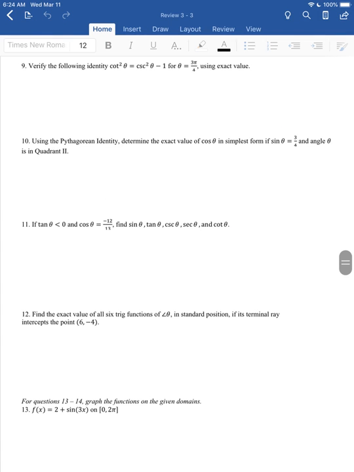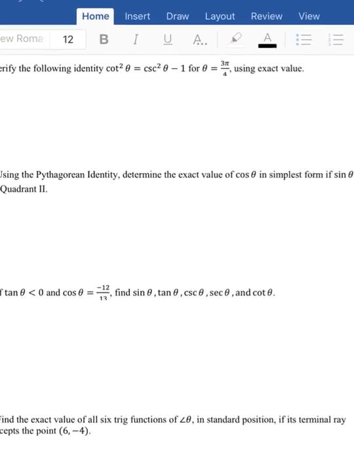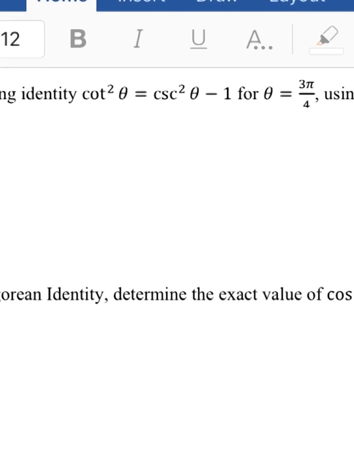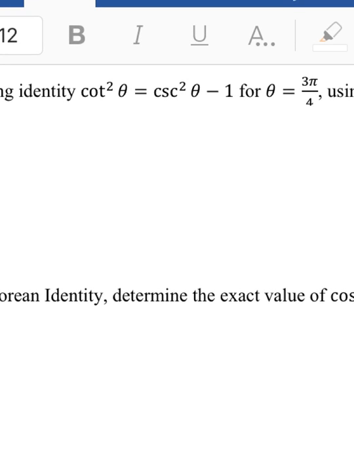Number 9, verify the following identity for when theta is equal to 3 pi over 4. Whenever you're verifying an identity, for a specific theta value, you're going to plug in that theta value and just show that everything is true without a doubt. And you pretty much want to do this by hand. So for the cotangent, you're going to plug in 3 pi over 4 for theta. So you do cotangent of 3 pi over 4 squared equals cosecant of 3 pi over 4